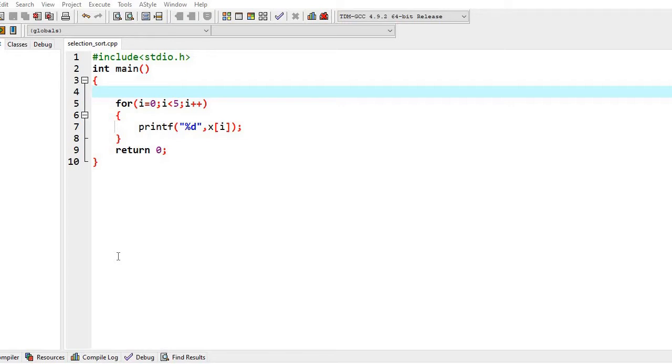Today we are going to implement selection sort in C language. For that, first of all, we need an array.